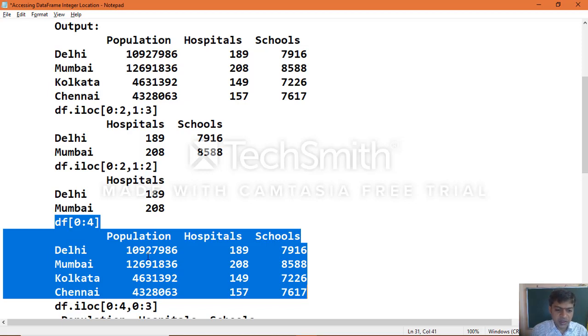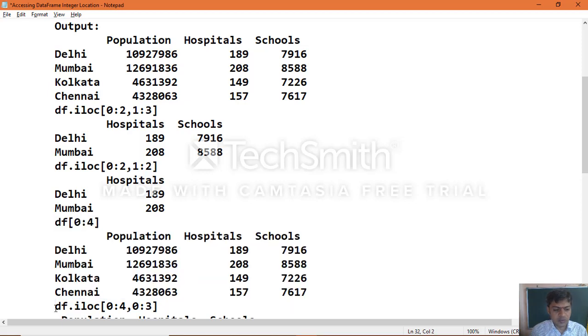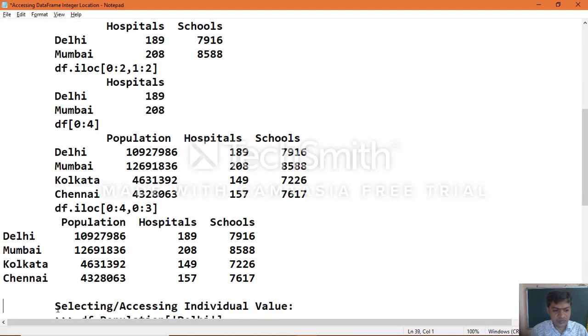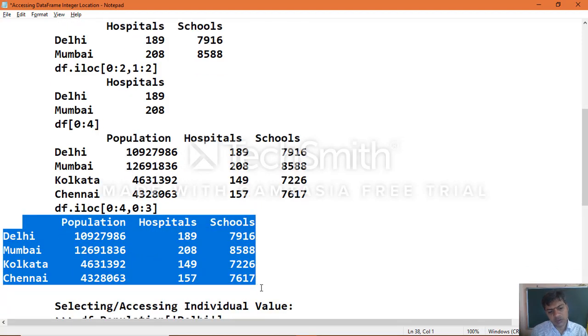Same way, if you use rows and columns along with iLocation in such a way, you will also get the complete data frame object information as output. This is how you can access based on iLocation to extract the information of the data frame object.